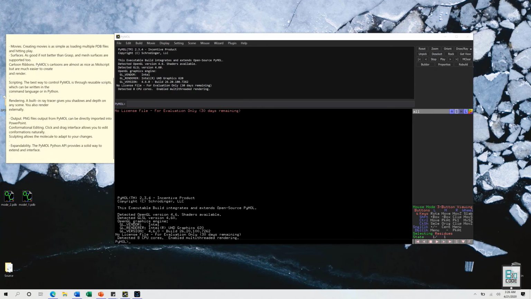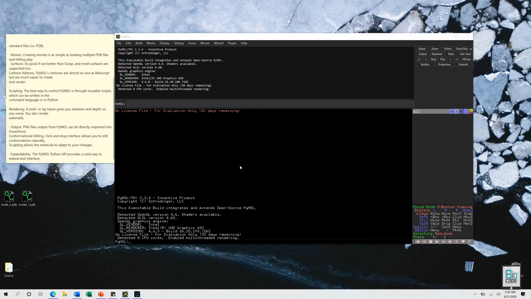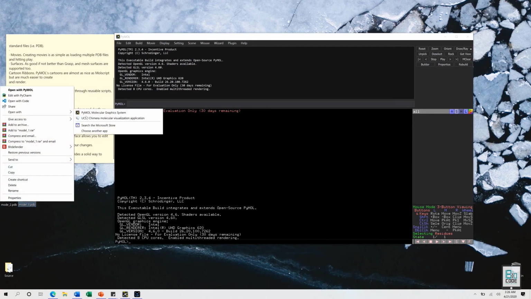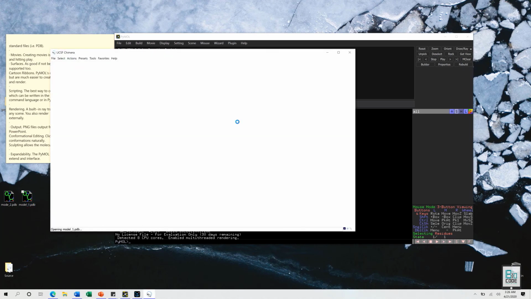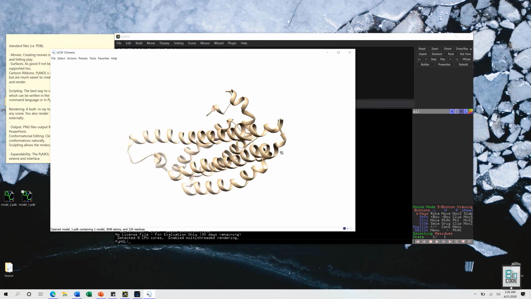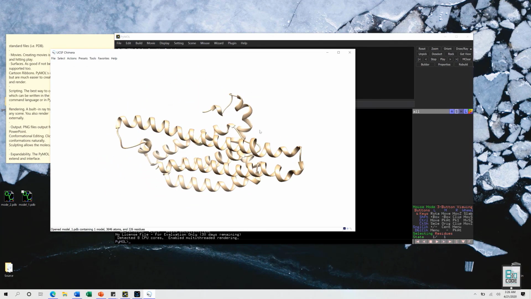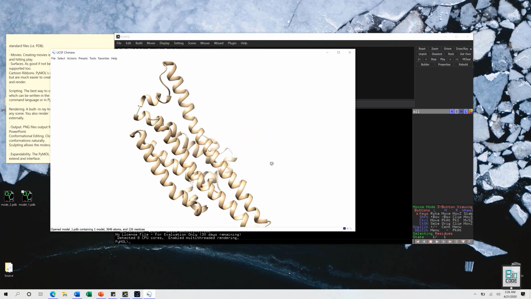I will show you. If you have watched the Chimera video, you can see the protein was visualized in a very good manner. To be very honest, it looked really good, and you can do various other tasks with it as well. Let's open this, the first protein that we modeled through homology modeling, ab initio, and threading modeling.